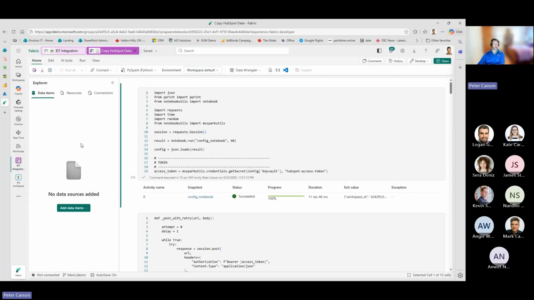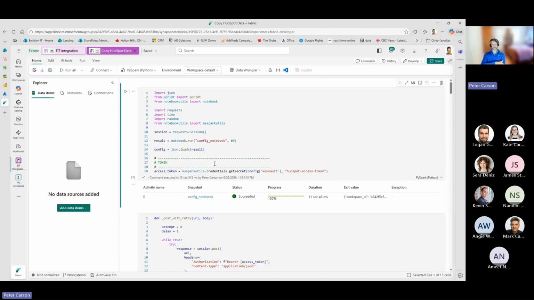Now, there's a ton of code in here. I'm open to sharing some of the elements that I've created here. Like if you're using HubSpot yourself and you want to build a data integration, I think I should probably just put this up in my GitHub and make it available. Not the entirety of what we're doing here, but there's a bunch of helper modules that I've created. And in all fairness, Copilot helped me a ton to create this.